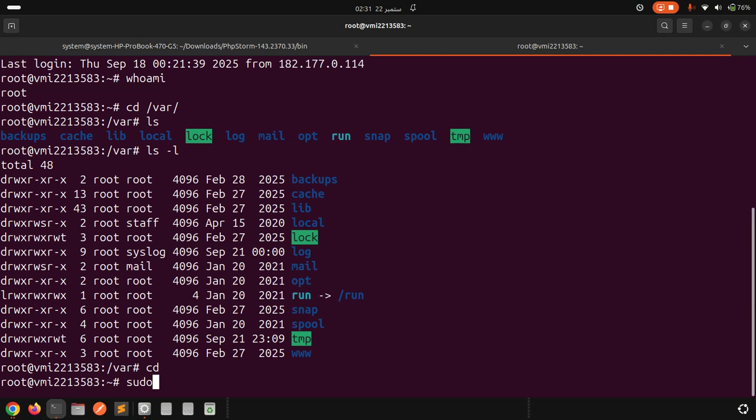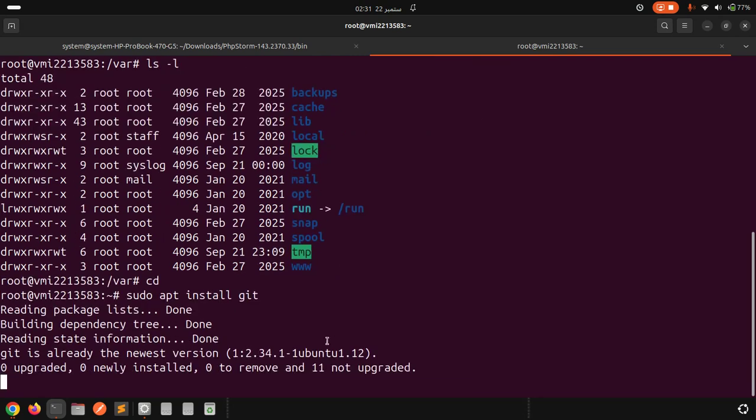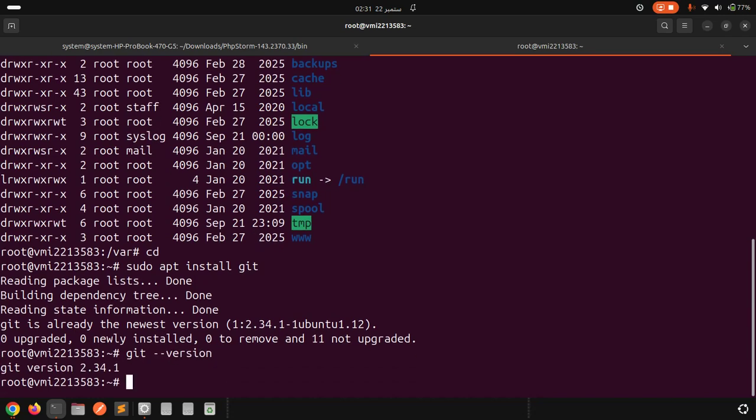Suppose you want to install Git. I will write here sudo apt install git. The process has been started. Now you can see the message here: git is already the newest version. Git is already installed here. Now I can see the package here. Which version is here? git --version. This command we use to check the version. Here you can see it returned git version